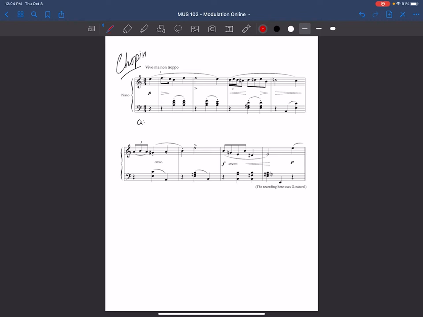Really beautiful, short little piece. Let's take a look at it. We're in the key of A minor. Sort of scan through really fast and think, okay, do I see any accidentals? We're in A minor. You see some over here. And hopefully these here